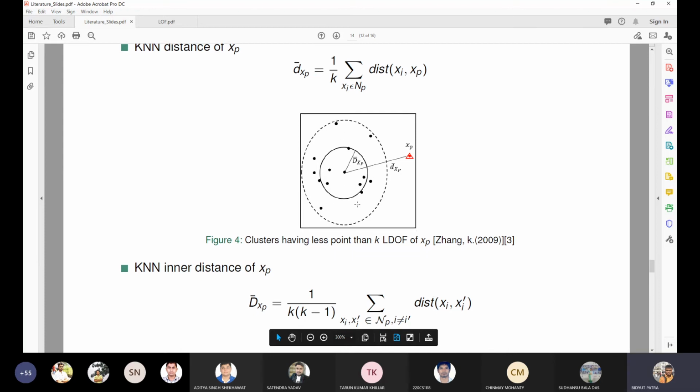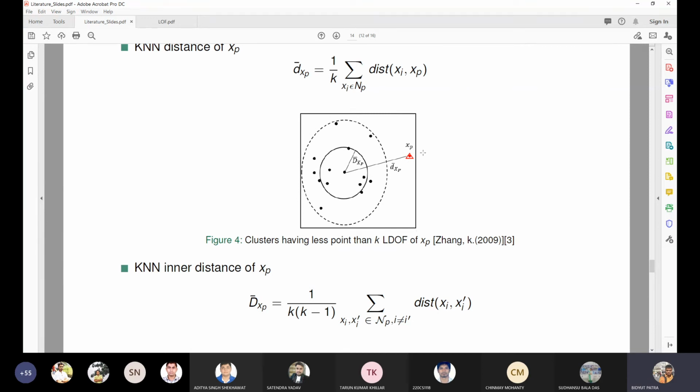So let's say earlier you had all distances from xp, so you will get the bigger circle. Now if you exclude this one, you have to compute all the points here. We are considering that this will be close to the inner circle radius. Now you take the ratio of the smaller d and capital D. Obviously, if the point is an outlier, this value will be much higher with respect to this one, so therefore it will be treated as the outlier.